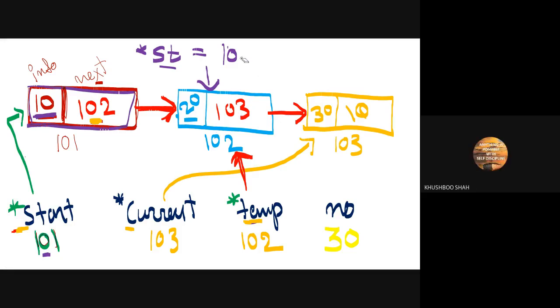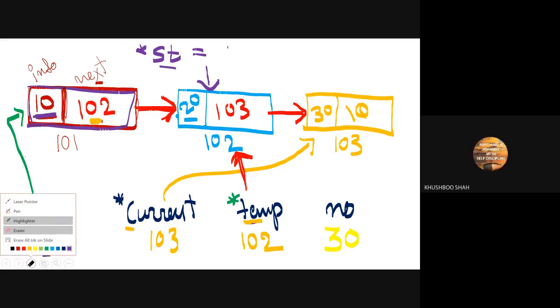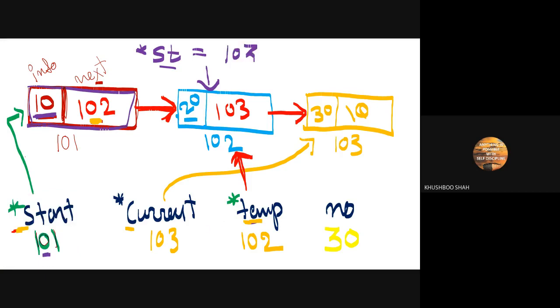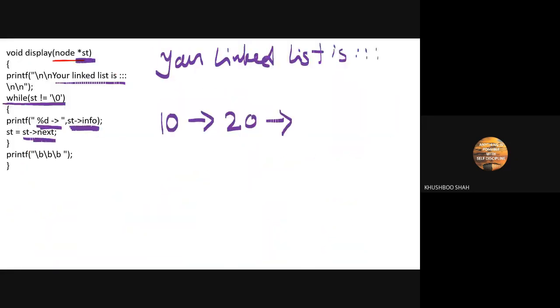That we are going to assign here. The moment 103 is assigned, this link will be deleted and the new link will be created. So this will point to 103.